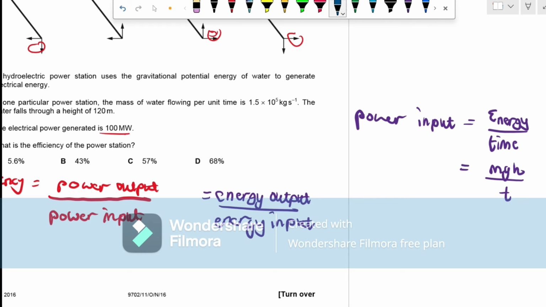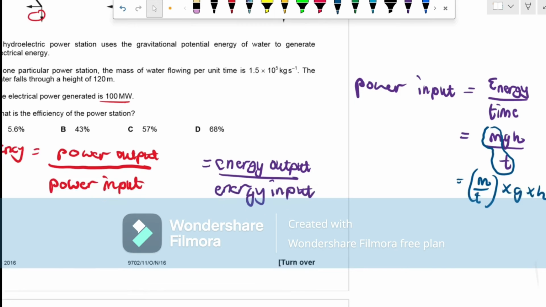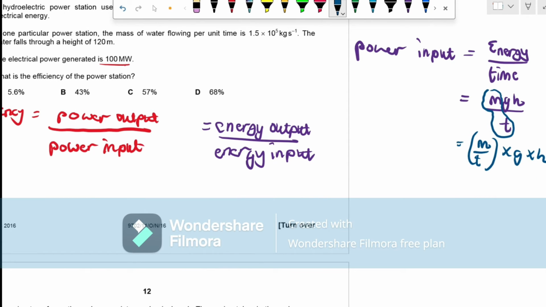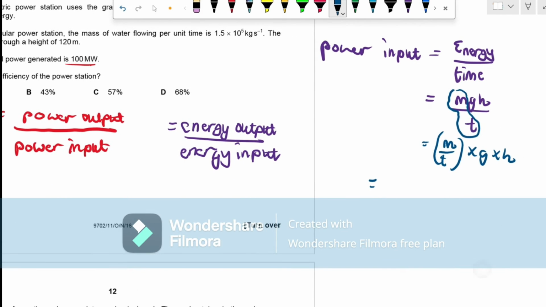Then I can group these up, so I'm going to have m over t, times g times h. So m over t is going to be 1.5 times 10 to the power 5, times 9.81, times 120. That's going to give me an answer of about